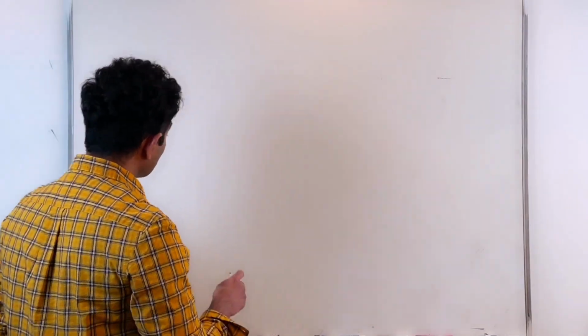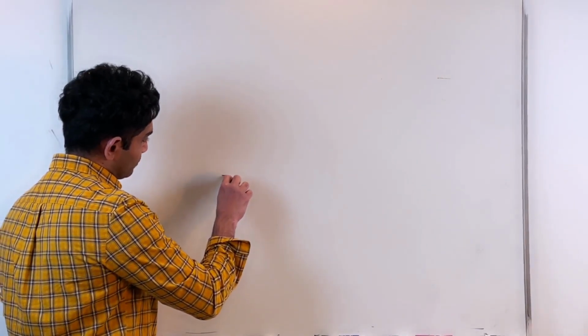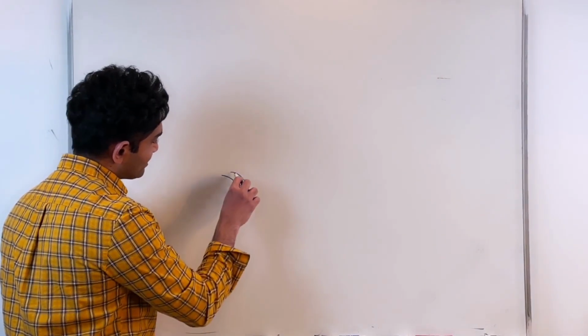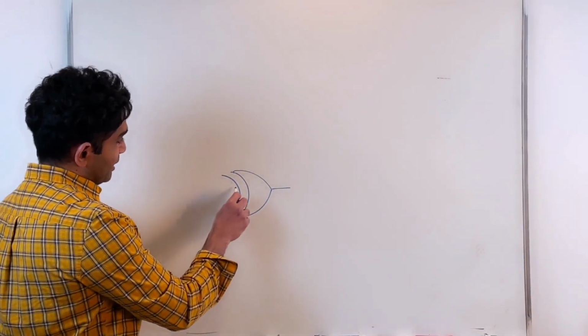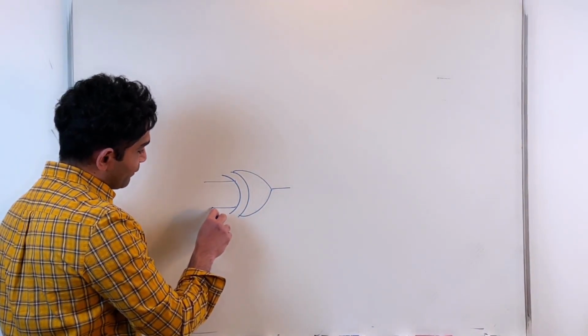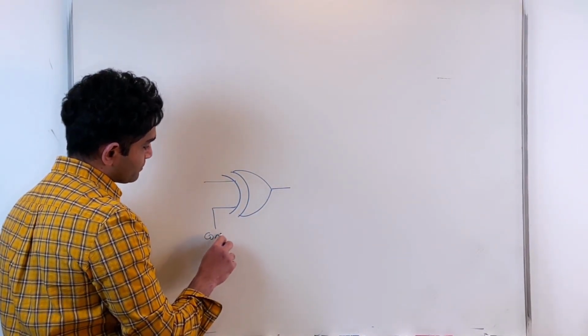And the way we have configured an adder circuit into an adder/subtractor circuit is we use the concept of this XOR gate, right? So we have the XOR gate, and if I have one of the inputs as the control input,